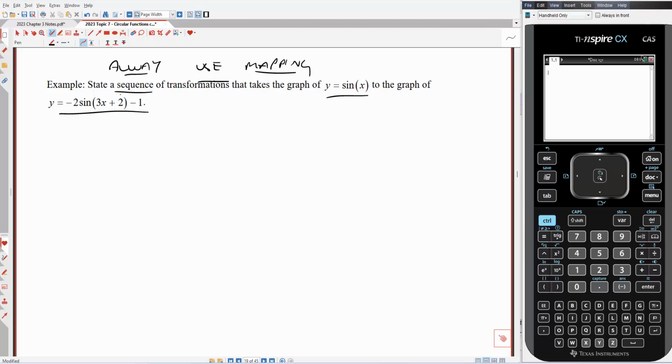Okay, so first of all, I'm going to try it using function, which is by recognition. Now, to state the transformations, what you have to have is a scenario where you have one single x. Okay, so the coefficient of the x term has to be 1. Here it's 3, and that's a problem. So what I'm going to do is rewrite this as negative 2 sine 3 x plus 2/3 take 1. Okay, once we've got a coefficient of 1 here, what we can do is state the transformations as Dr. T. So we can state the dilations first, the reflections second, and the translations third. Okay, but we can only do that